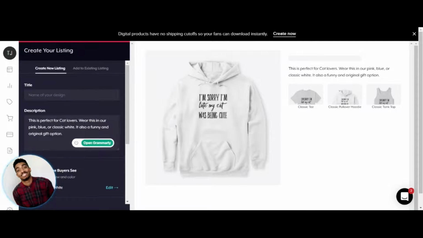So it says, this is perfect for cat lovers. Wear this in our pink, blue, and classic white. It's also a funny and great gift option. This title, like I said before, is just going to be the title of the shirt. So I'm going to say, I'm sorry, I'm late, my cat